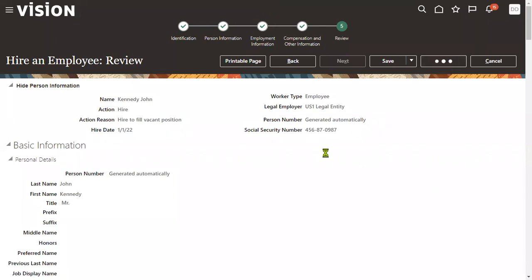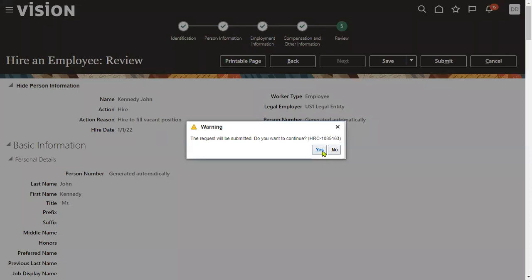Let's go for submit this. So we have hired an employee successfully here. For every employee, a user account will be generated. Generally, the system takes the user account as last name dot first name, because whenever employees join the organization,